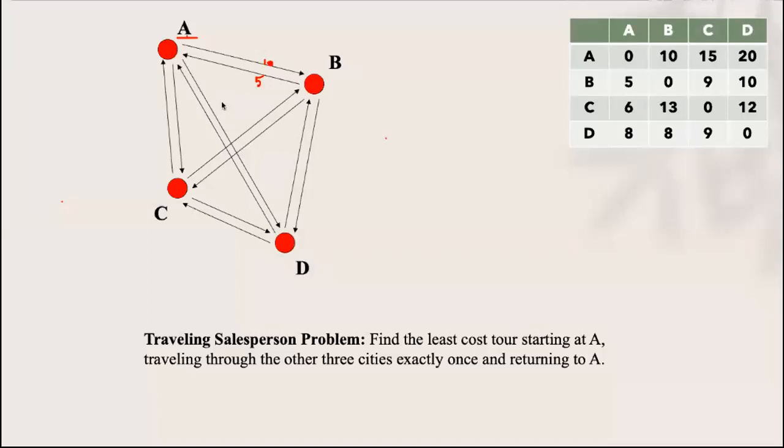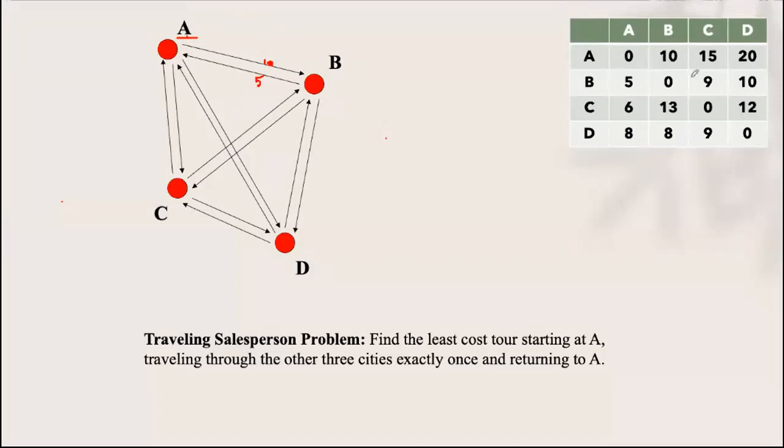in the given graph. Starting from A, you have to go to all the vertices and come back to A itself. The source vertex may be something else also. They may ask you to start from B, go to all other vertices, and again come back to B. So that is the traveling salesman problem. You have to find the minimum cost for the tour. You have to take the tour and it should be of minimum cost.